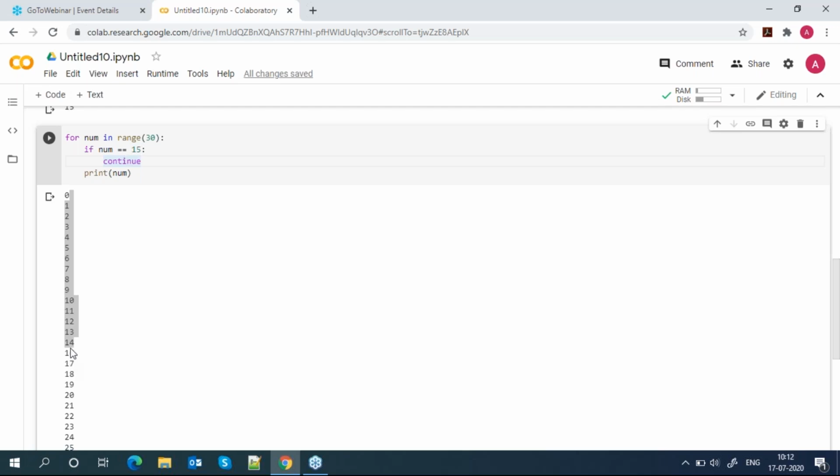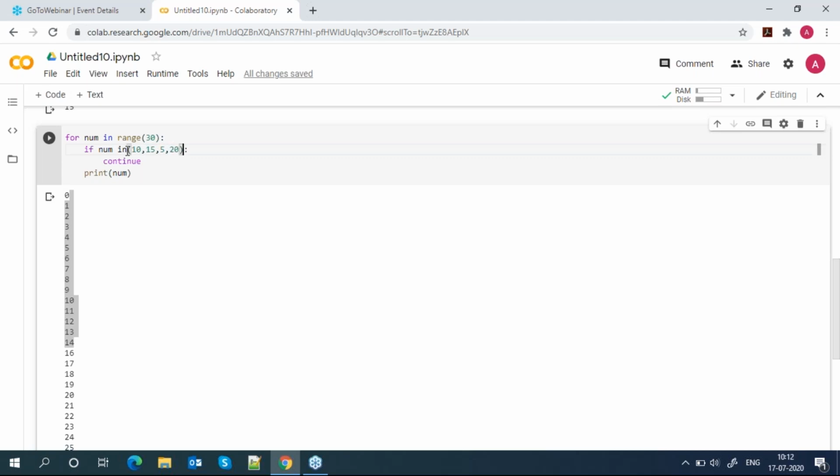If you want to skip multiple values, we have the in operator, right? I already told you, so you can use in. Suppose I want to skip 10 comma 15 comma 5 comma 20.